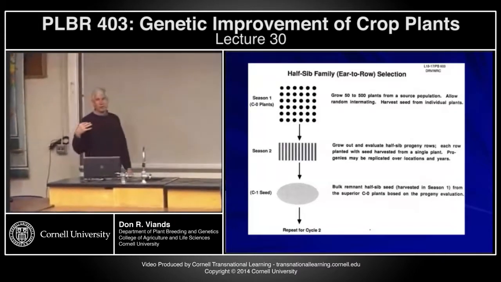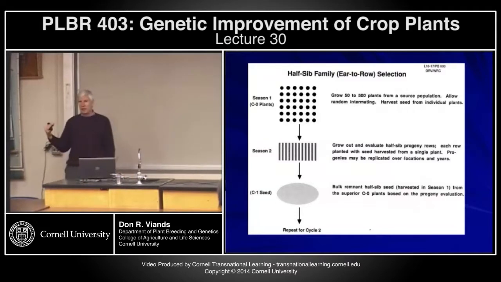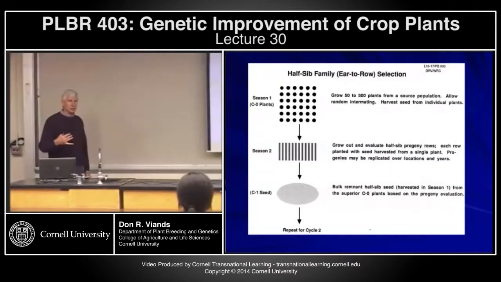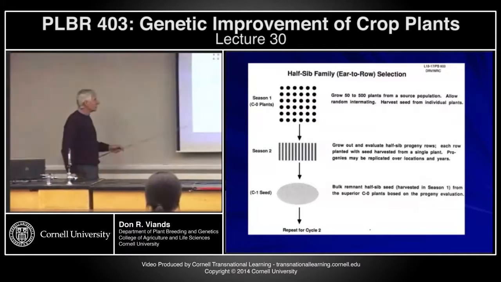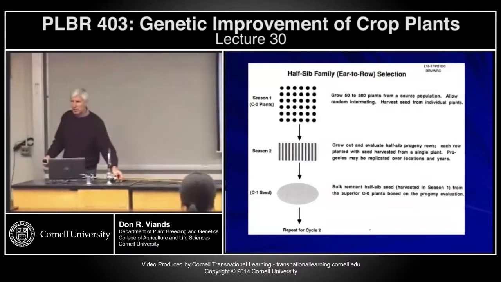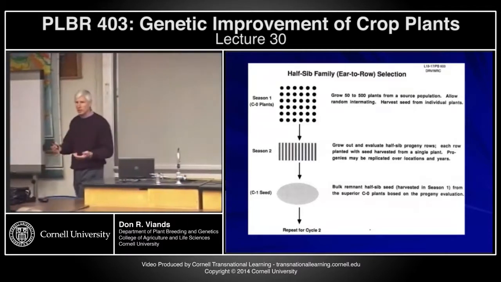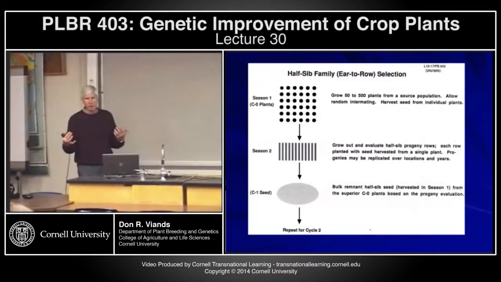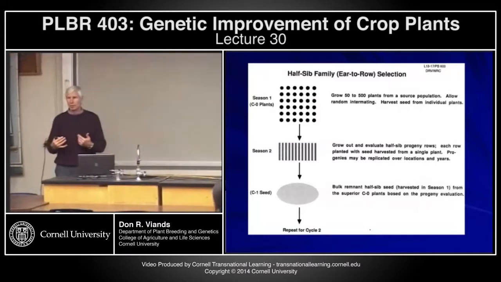But this method can be used in all kinds of crop species, and I've actually used it in alfalfa before as well, just by harvesting the seed from individual plants there. So the second season you're growing out a row and basing your selection on the average of all the plants within a particular half-sib progeny, to determine which are the superior genotypes or the superior parent plants that